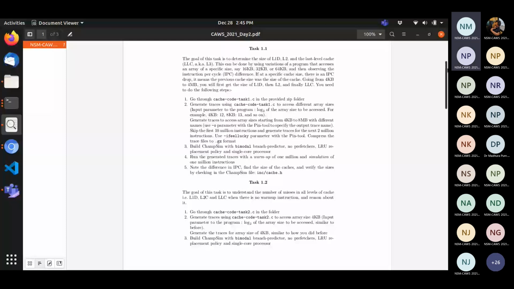Most probably, if it is stuck in an infinite loop, then the error would be present in that result file itself, that the file format is incorrect or something. But the executable is correctly made. Yes, it's running. Yes, this is one of the problems with ChampSim. If your file format is not correct, then it will be stuck in an infinite loop. Just wait for 5 minutes. Okay, sir.